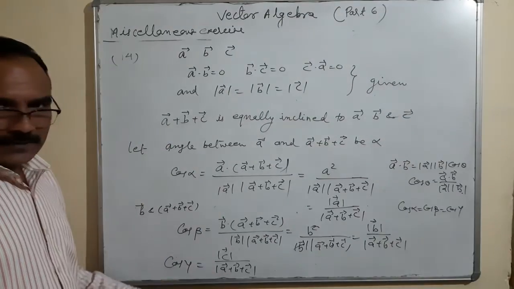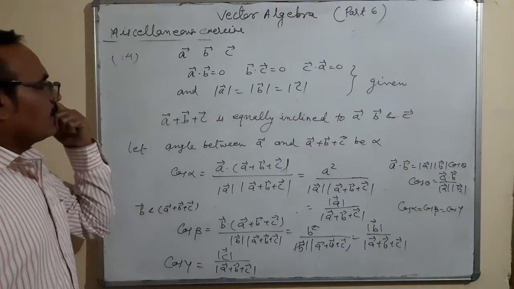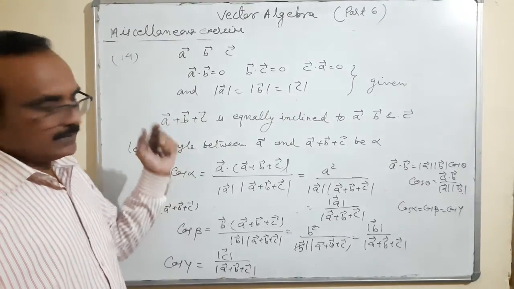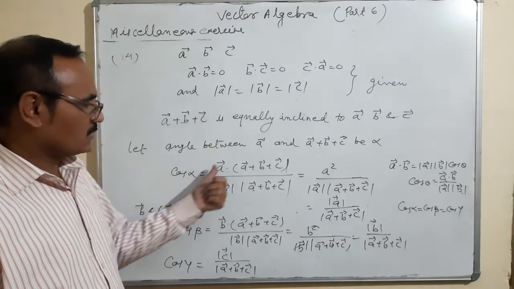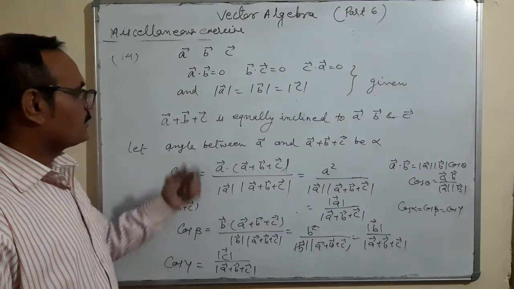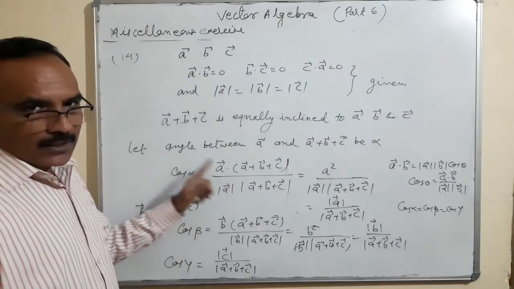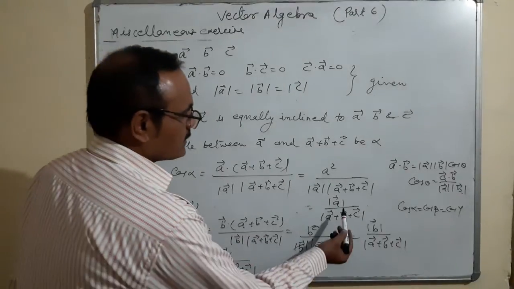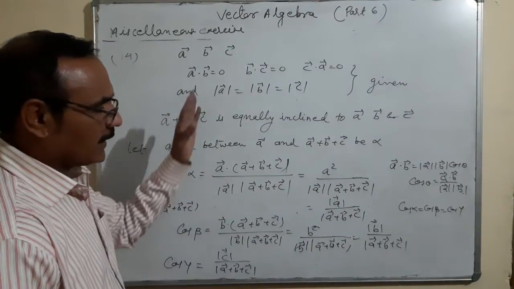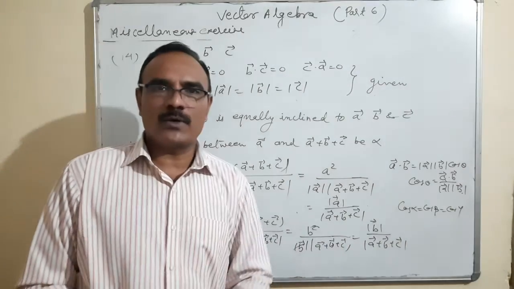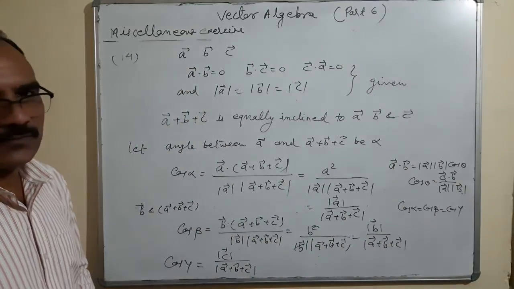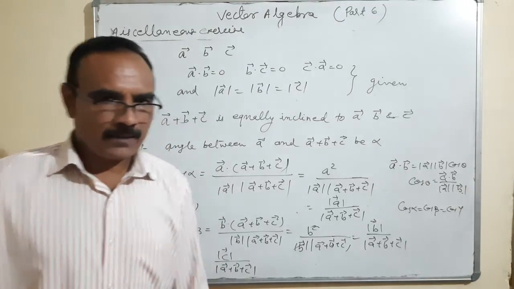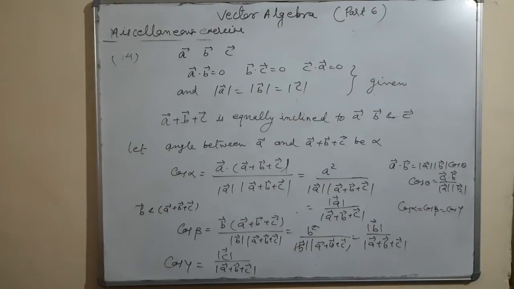Okay, is that clear? So first is vector A and vector A plus vector B plus C. Between them there is an angle alpha. So cos alpha is equal to this. Cos beta with vector B, so in place of A there's a B. Cos gamma with C, in place of A there's a C. So on the numerator you'll see that it is coming A, B and C, because all three are equal, and the denominator is already given equal. So that means these three, cos alpha, cos beta and cos gamma, are equal. So what does it mean? They are equally inclined to vector A, vector B and vector C.